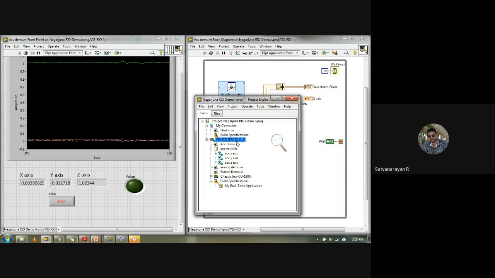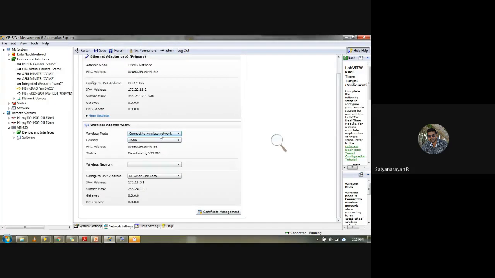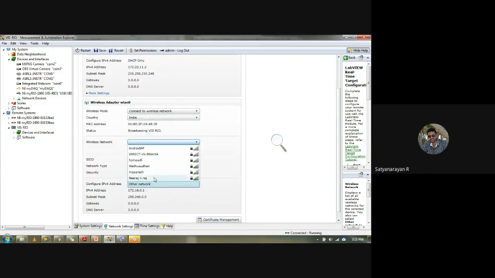Or else maybe I can show you one more thing, how to connect to a wireless network. Why? Because creating a wireless network will be different. Like MyRio will be connected as a hotspot, but if you see the change for connecting to a wireless network. So now if I just click on this wireless network,